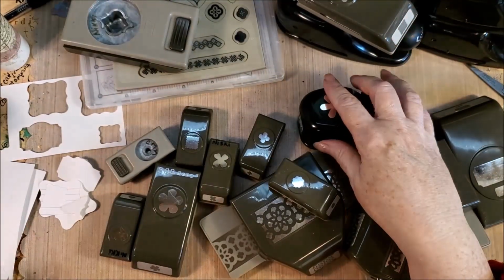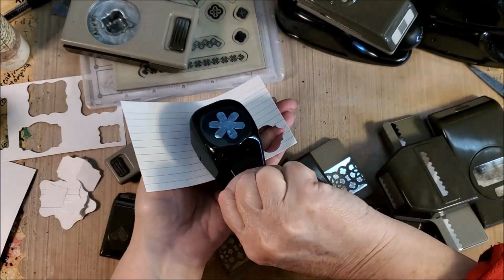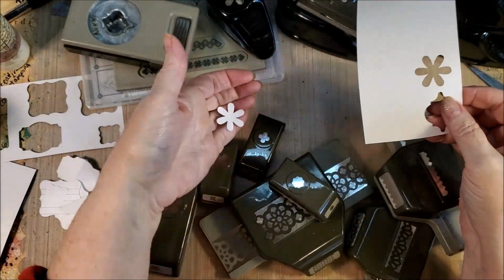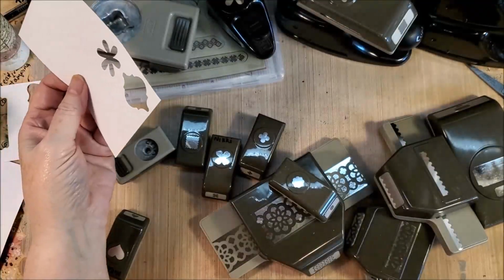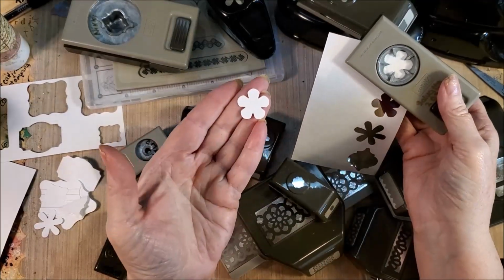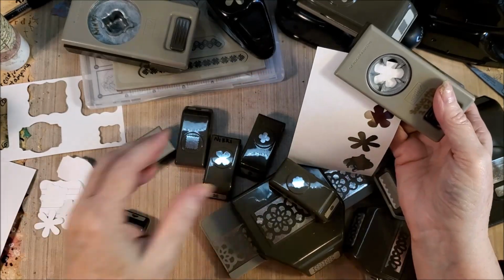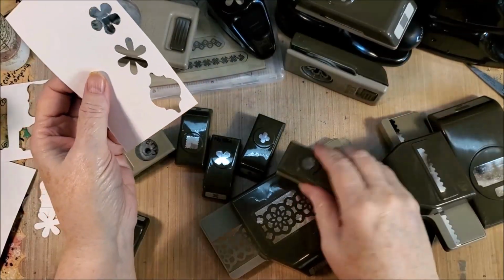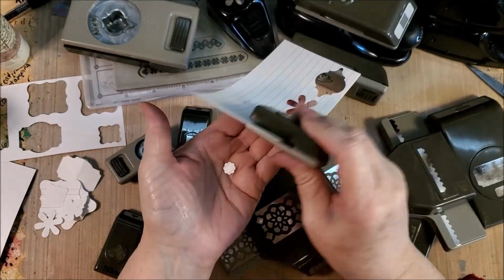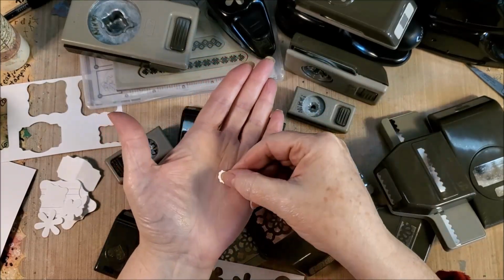Then, of course, there was some more flowers, and I did get a few flowers that I didn't already have. I use flower punches a lot, so I got several different flower punches. Now these were all on consignment, so they're all used, and they're different sizes. A lot of them came from Stampin' Up. And these, I love this kind of a little punch to put around